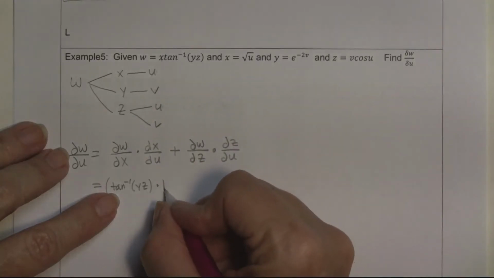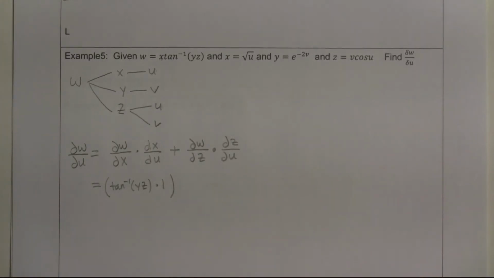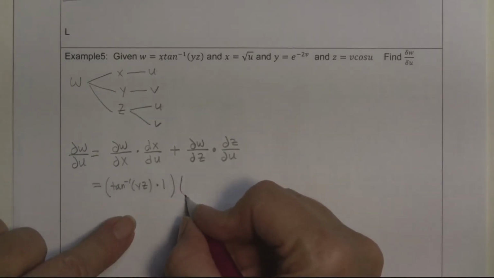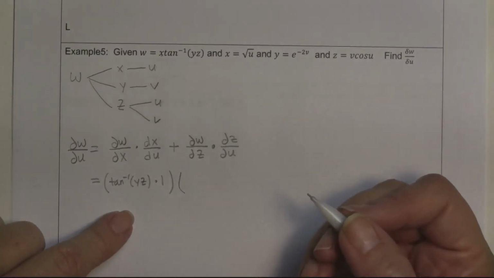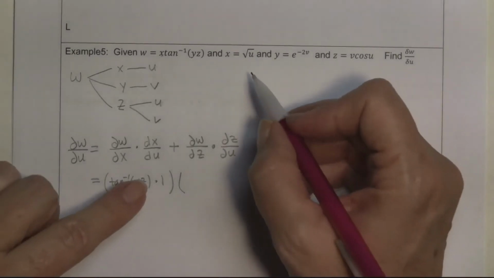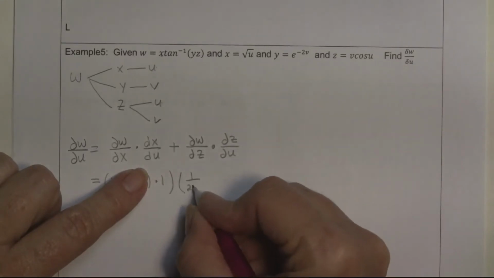So times 1. And I'm only writing that so that you can see a habit. I've been helping a lot of people with their partial derivatives, and they're having trouble finding them. And it takes practice. That's 14.3. It really does take a lot of practice. Now I'm taking the derivative with respect to u, which is 1 over 2 square root of u,